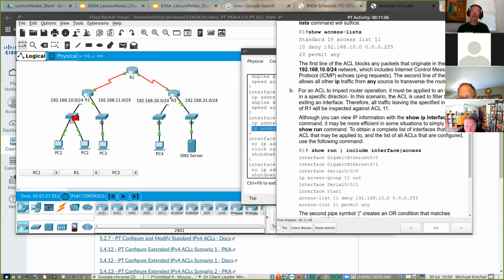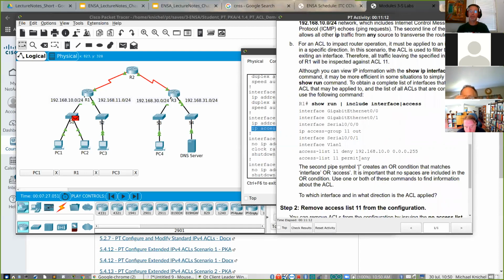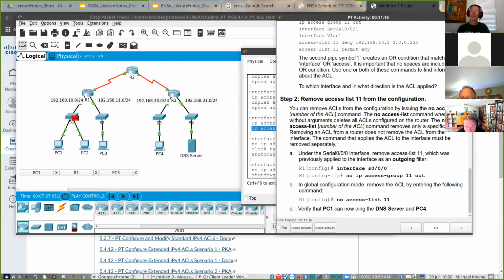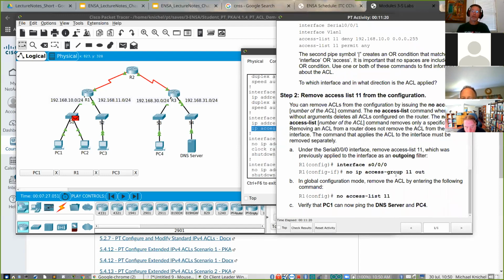So then look at the show IP interface. That's what I didn't do there, IP. Show run include interfaces shows you anything IP access list related. Remove access list from the configuration. I can remove it by removing the access list, but it will still remain.